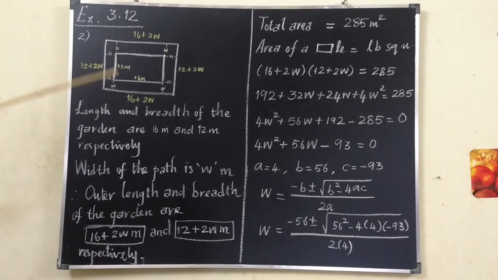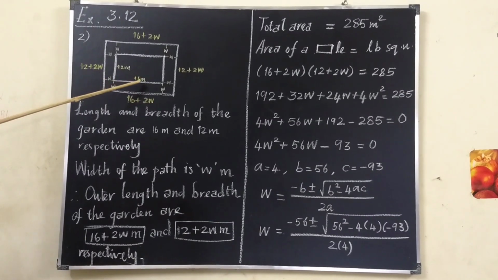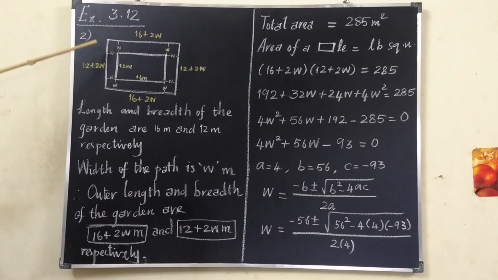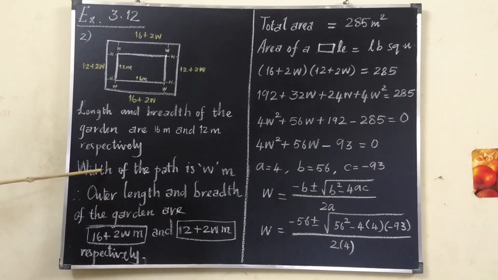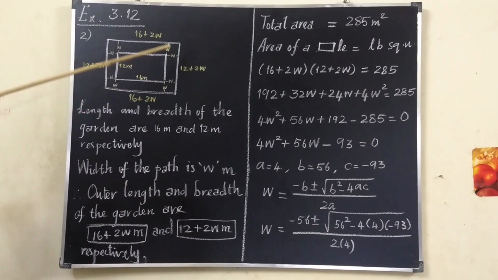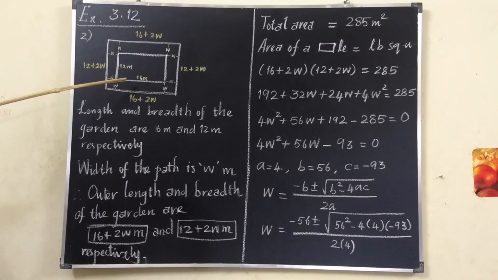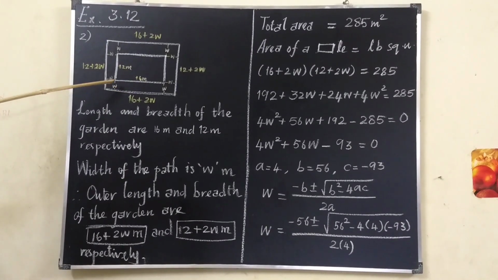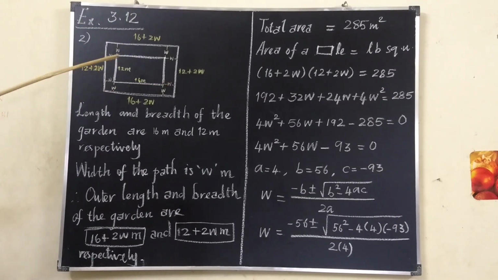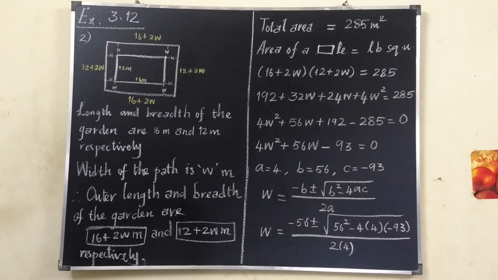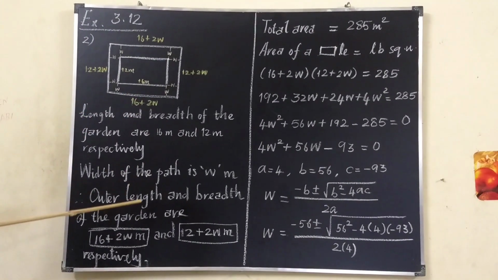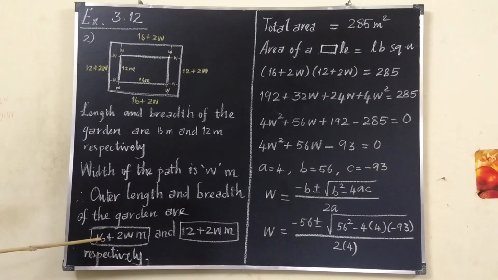You understand this? The inner rectangle represents the garden, which measures 16 meter by 12 meter. And the outer rectangle represents the garden along with the pathway. What's the width of the pathway? It is W meter. What will be the length and the breadth of the outer rectangle? Length of the inner rectangle is 16. Along with that, we have to add 2 W's, not a single W. Here is the pathway and also there is a pathway. So both sides we have to add the width of the pathway. W plus W is 2W. So 16 plus 2W is the length of the outer rectangle.